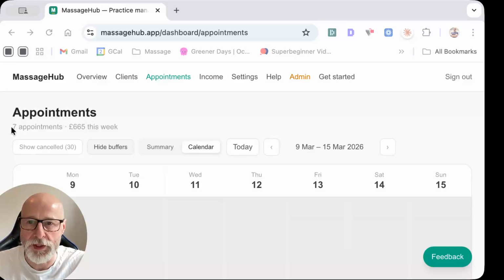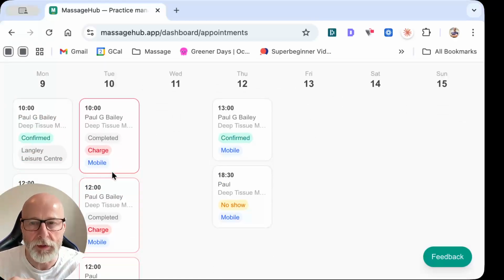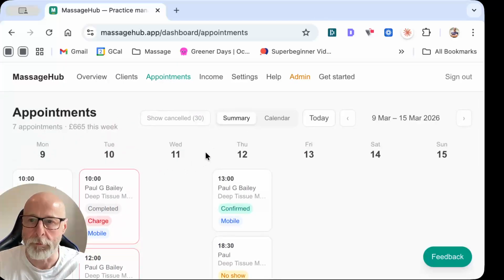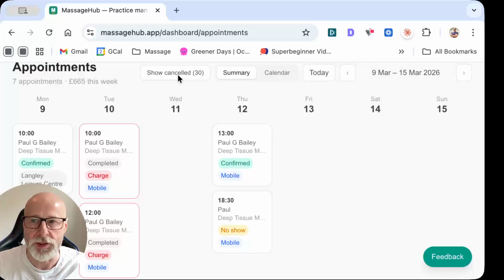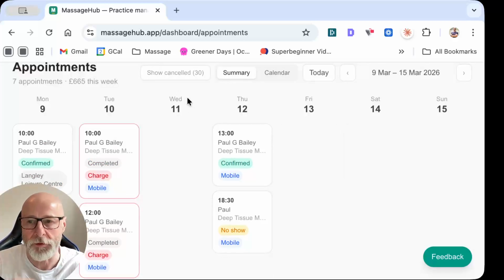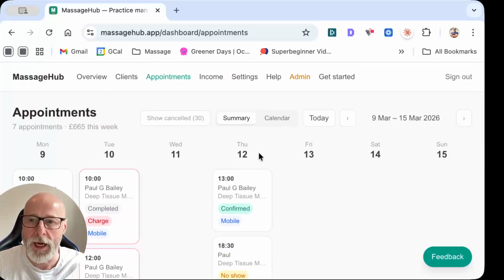So on the appointment screen, what you now have is it'll take you initially to the summary, and the summary screen itself is just a quick snapshot of your appointments that are currently in your system. I've filtered out the cancellations because as I'm testing this at the moment, I had loads of cancellations because I was adding and cancelling. So I've put in the function to hide those by default. If you want to show them, you can show them. But it's a really good quick snapshot of showing you where you can see what your busy days are, etc.,